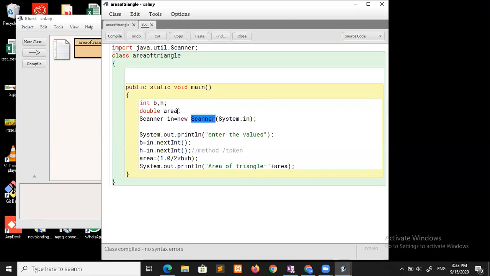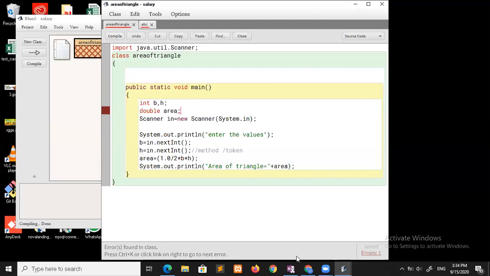So, syntax error, it's like, see, if I make a format error, like using a colon in place of a semicolon, and now I compile. See, at the end it showed that error found in class, so that is a syntax error. Look at this error: semicolon expected.